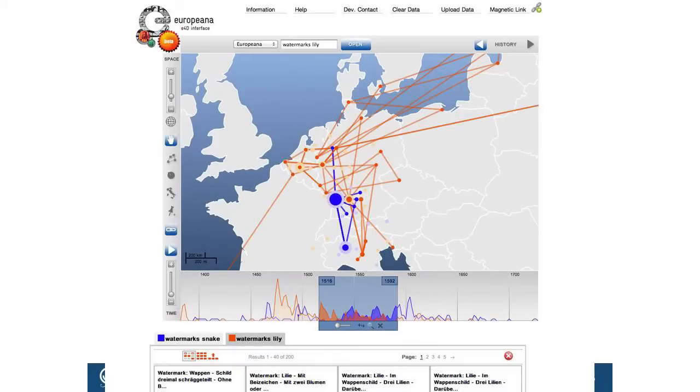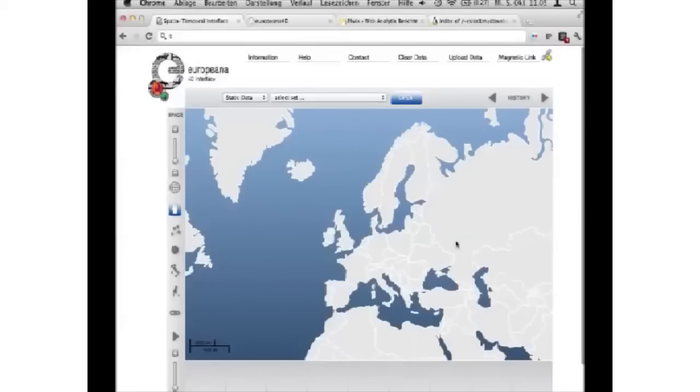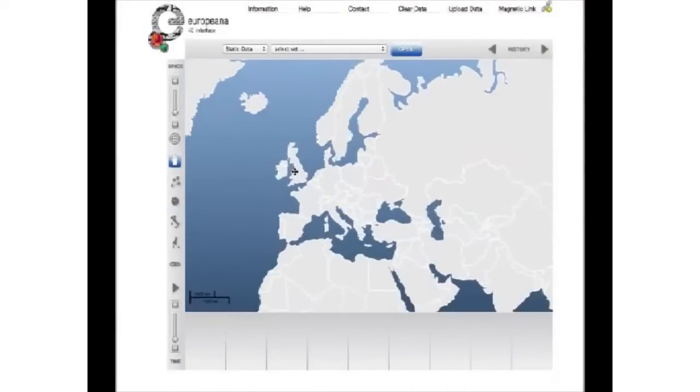It may look a little bit crowded, but I will show you and demo it to you so you get the hang of it. The whole application is a web service, so this is just a browser. We prefer Google Chrome, but Firefox or Safari will do just fine. I will just switch to full screen mode to have a little more space here. So this is a map of Europe, quite easily, and now I have a real-time search connection to the Europeana data repository. And one of the best sample sets for this is the so-called watermarks collection. So if I search now for watermarks,